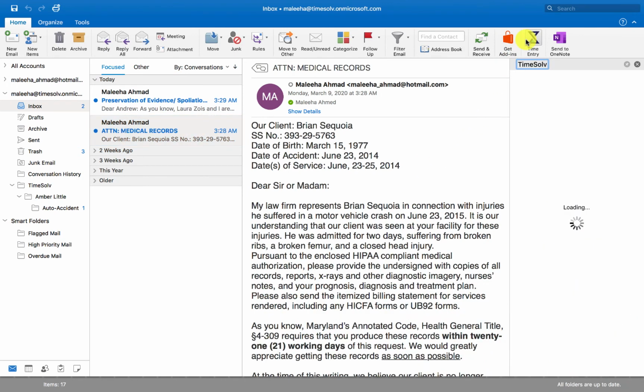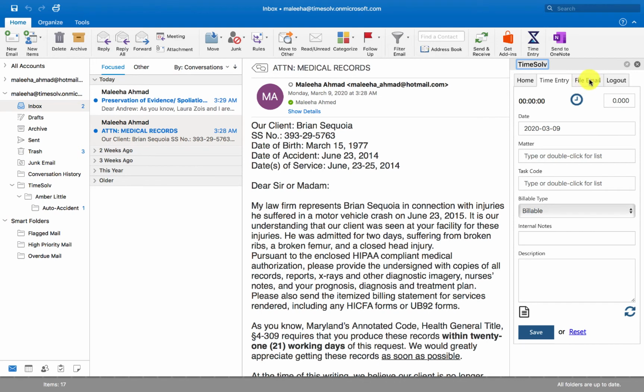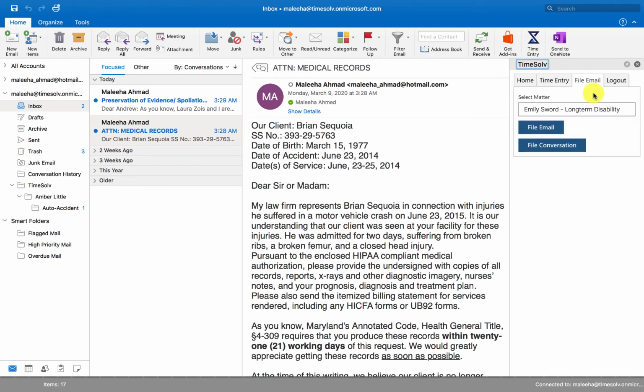Click on the add-in and click on File Email tab. If there is more than one matter matching the billing contact email address, TimeSelf will display a list of these matters, and the first matched matter will be pre-populated into the Select Matter input field. And we can see here that this email address is being matched to this